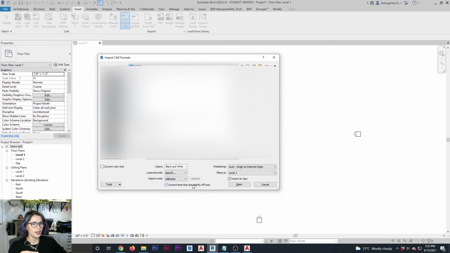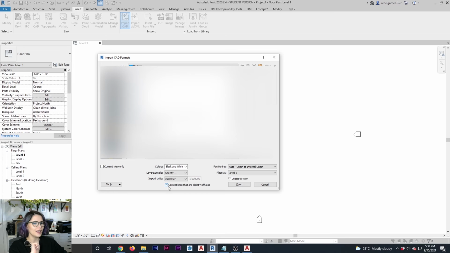Another thing that is by default checked on, and I just leave it that way because it works just fine, is correct lines that are slightly off axis. This is something that drives me absolutely insane when I bring AutoCAD drawings into, for example, SketchUp. AutoCAD has this problem where you draw lines and you think that they're straight and they're fine, but they're not.